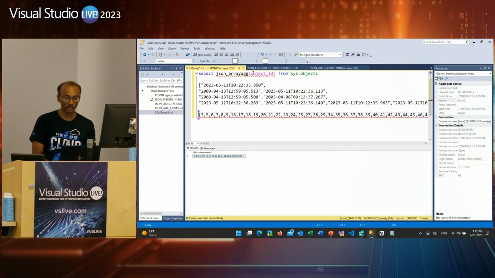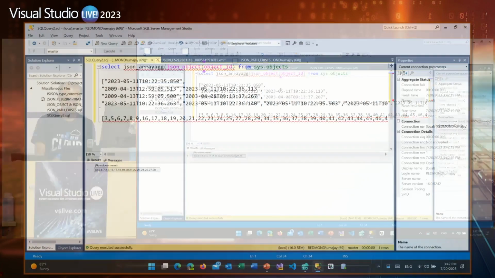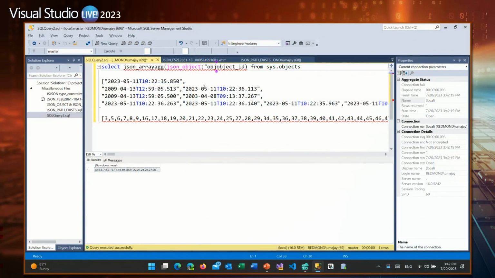Now, I can actually combine these two together, correct? So if I want to convert it, I could say something like object,